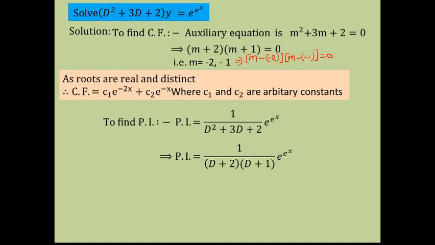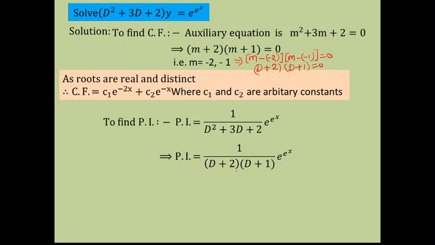These are called factors. Now here the factors are required in terms of d. So recall, while obtaining the auxiliary equation, we have replaced d by m. So replace m back by d. So this becomes d plus 2 into d plus 1 equal to 0. Therefore the factors of d square plus 3d plus 2 are d plus 2 into d plus 1, operating on e raised to power e raised to x. In this way one can easily factorize this expression in d.